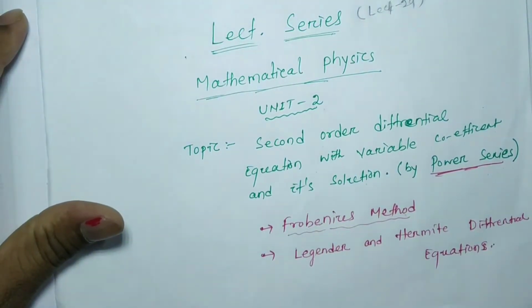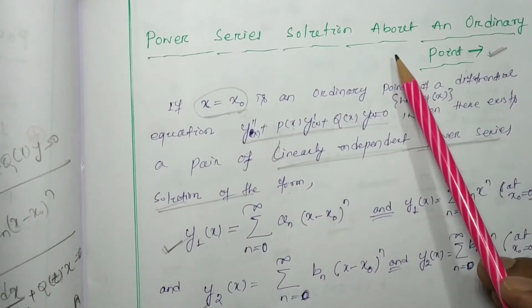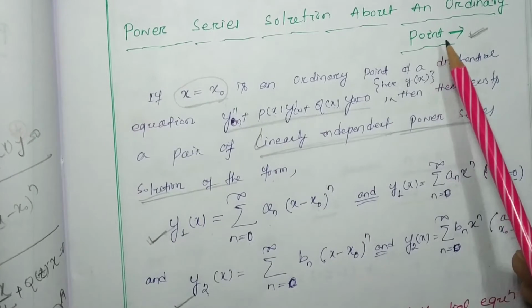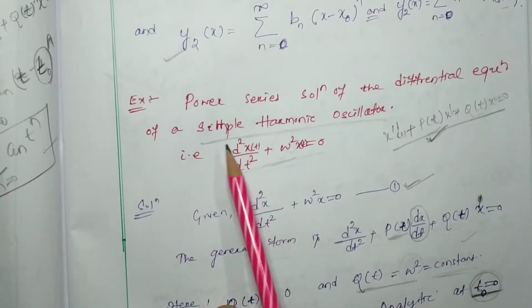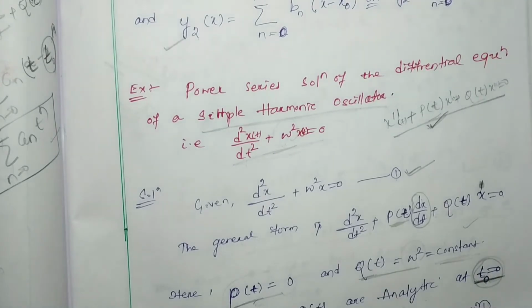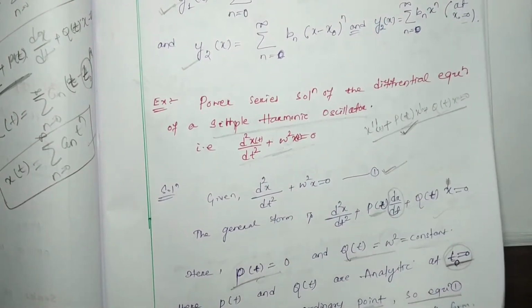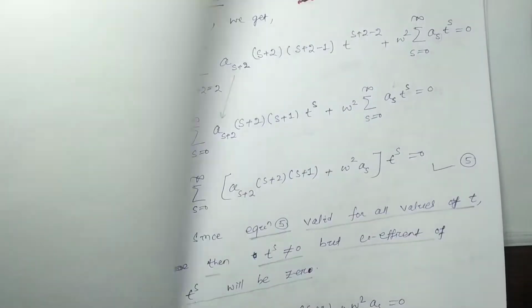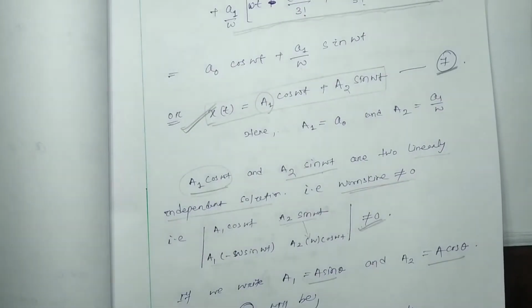In our last class, we discussed power series solution about an ordinary point. For that we did a problem belonging to the simple harmonic oscillator. In detail we discussed it, so I refer you to go through that last video at least. Then it will be easy for you to understand today's content. In detail we discussed how we get the two series